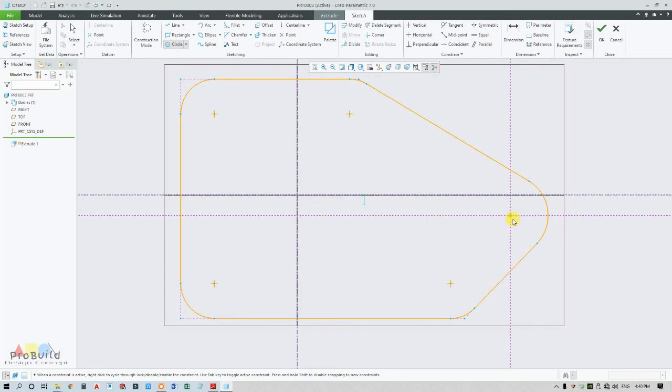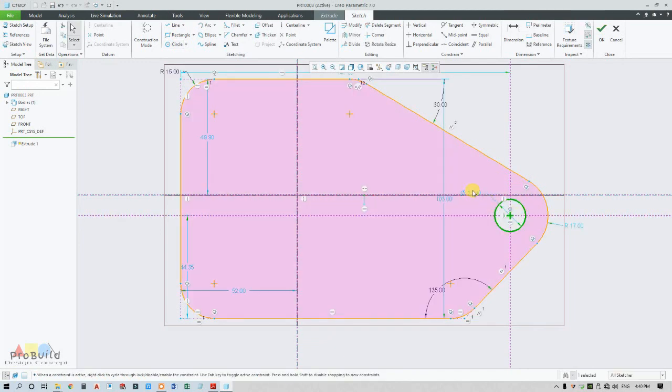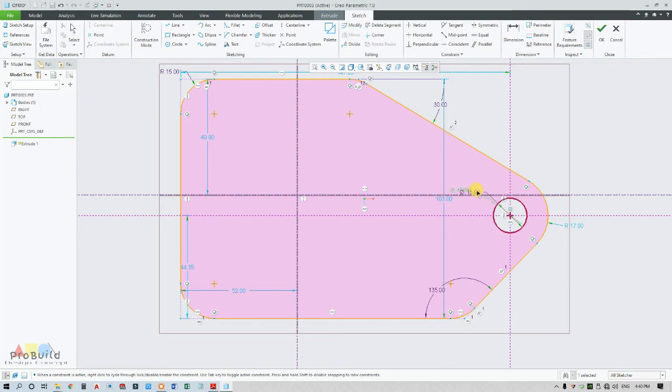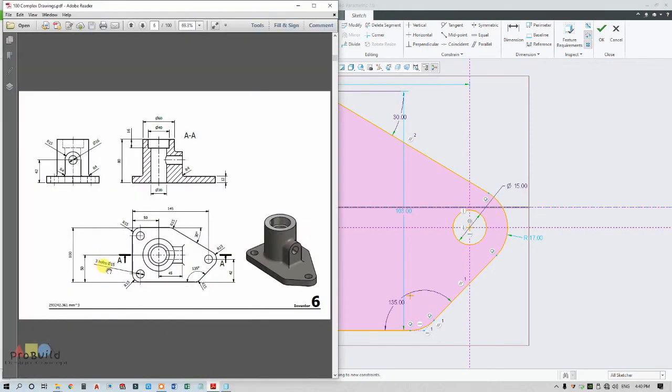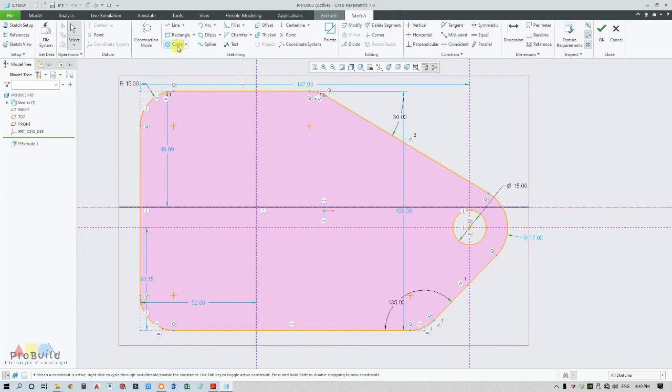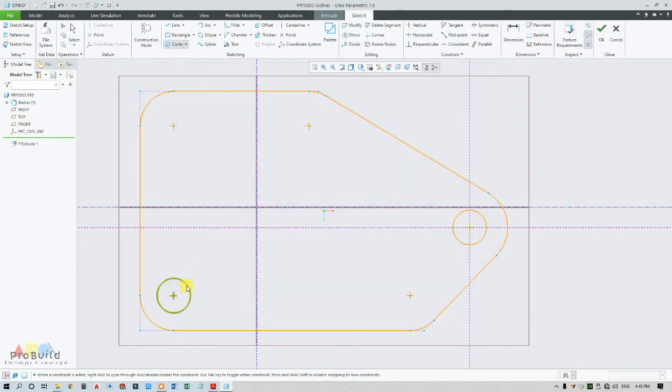Now go for a circle, and this hole is 15 in circle's diameter. Now draw an equal circle, so this becomes an equal constraint.